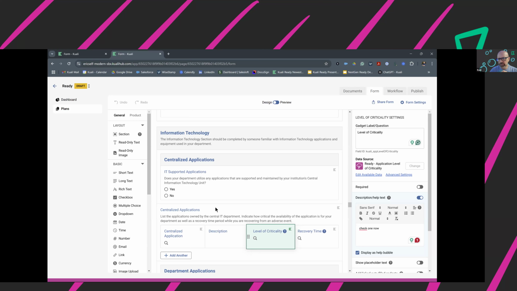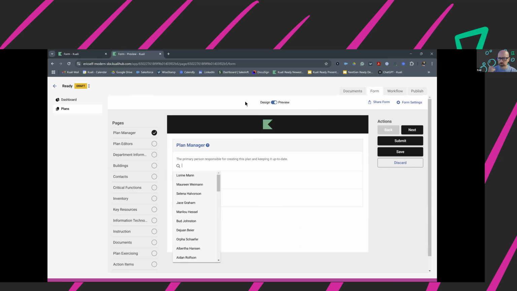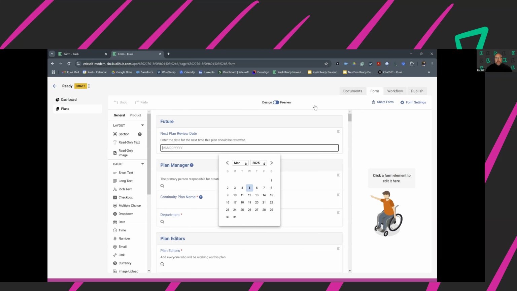And I think you covered this, Eric, but that preview toggle at the top, I always thought that was neat, because this is a little abstract with the gadgets and the gadget settings and dragging things around. But if I want to see what it looks like for the stakeholders, there's a stakeholder view with the preview mode. What's pretty cool is as you're working on this, maybe you want to share it with somebody else to get eyes on it, you can quickly share this with other folks within your organization using this share button.